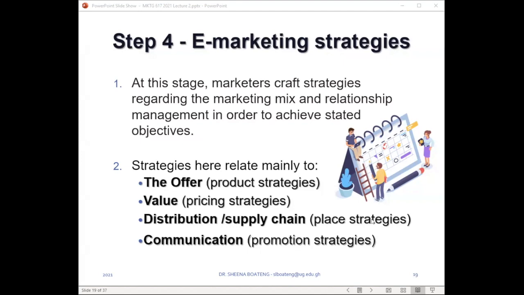At the same time, too, we need to think about strategies relating to distribution and the supply chain, because most of the time, when we are selling online, we are dealing with the sale of physical products. So even though portions of the sale are completed online, we still need an element of offline activity to be able to ensure that the physical product gets from whatever warehouse or storage room it is being kept in to the final consumer for their consumption.